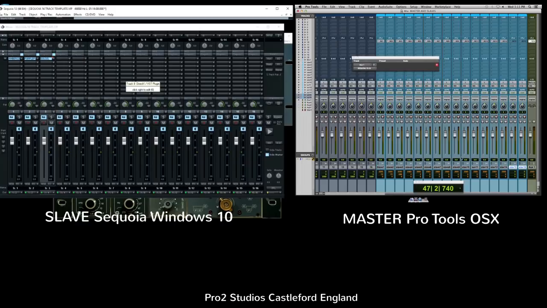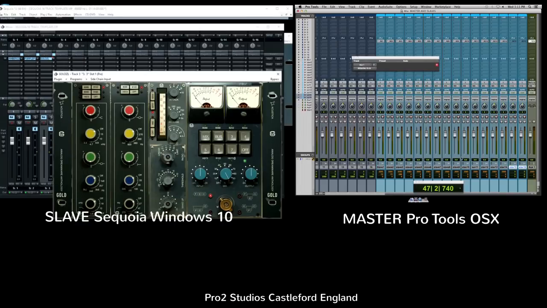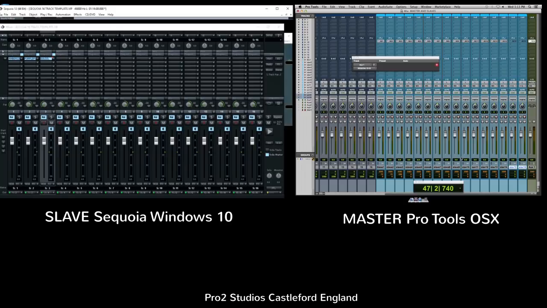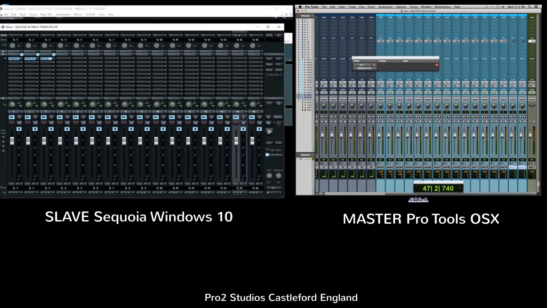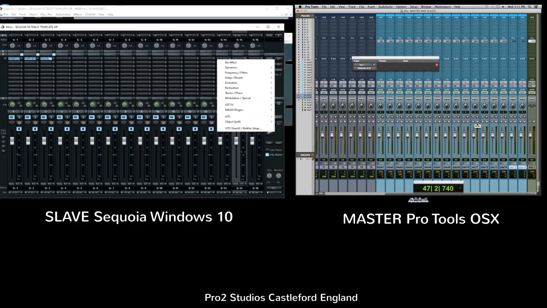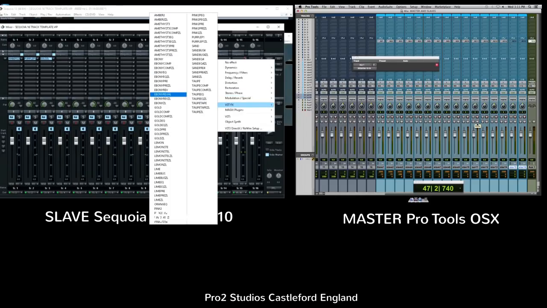Okay. Let's go over to the slave. It's a stereo one, so I need to come in stereo, pan it center. Take this one out. Let's just see if that's working. Yes, it is. Okay, so let's put a plugin on this. And let's use, I don't know,